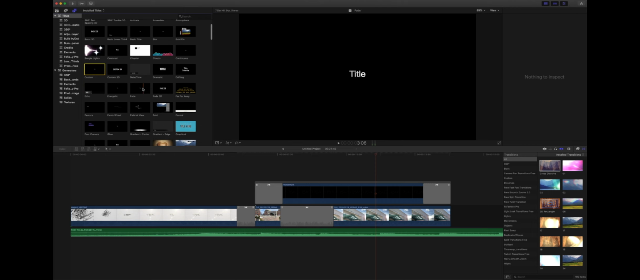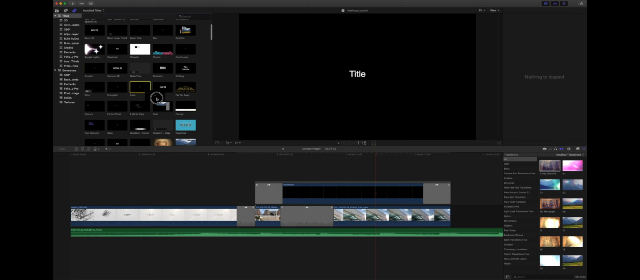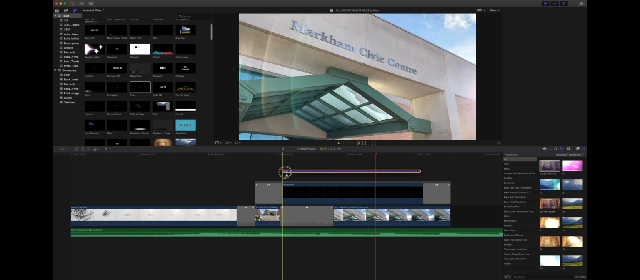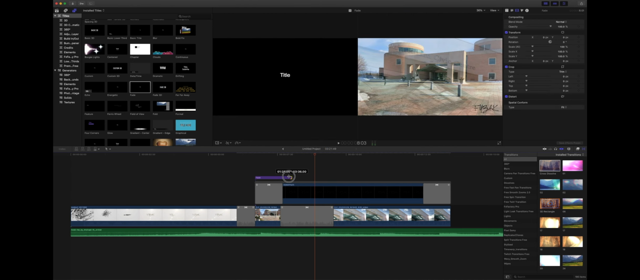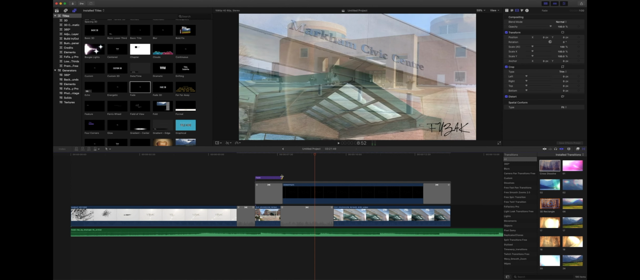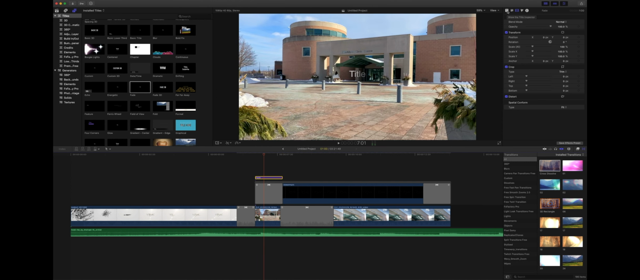I like this fade, so let's actually bring this fade in. What we'll do is we'll drag and we'll drop. Now what we'll do is we'll drag this to cover just the first clip. Now what we're going to do is we're going to customize this text by going to the top right corner